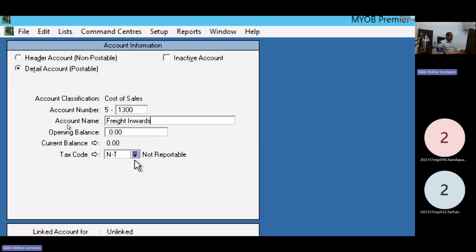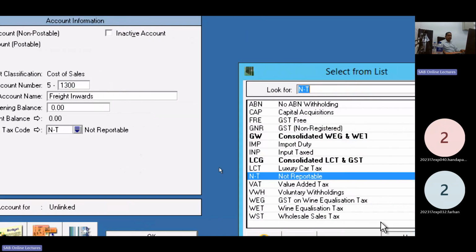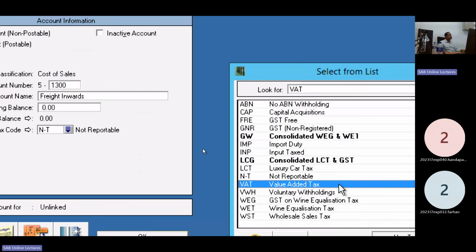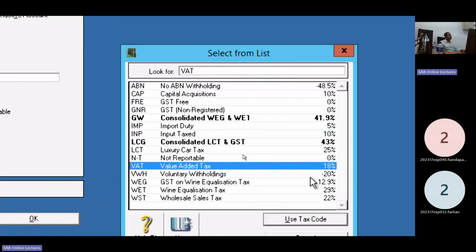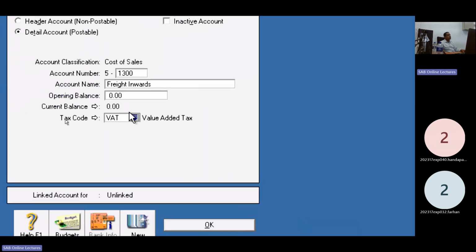In the freight inwards account, liable for VAT. Select value added tax. Use tax code. Here, freight inwards, liable on VAT. Okay.